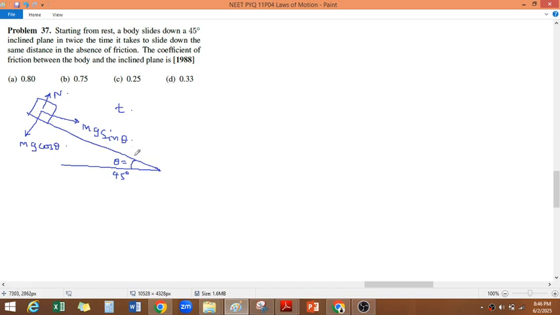So if I take the length of the inclined plane as L, S is equal to ut plus half at square. Since they are given time, I am making use of t here. S is the length of the inclined plane. Initial velocity is 0. Acceleration is downwards this way, g sin theta. There is nothing acting this way. In the next case,